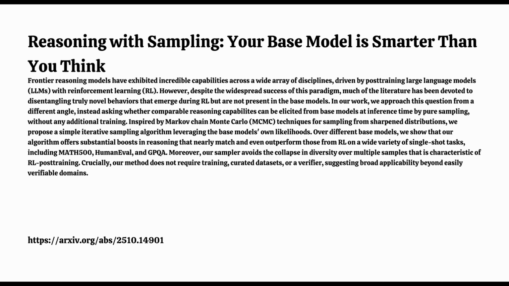Okay, so let's get into the mechanics. The sources say it's inspired by MCMC, Markov chain Monte Carlo methods. How does that work? How does MCMC help sample better? Right, so the goal isn't to sample directly from the model's original probability distribution, let's call it P. Instead, they want to sample from a mathematically amplified version. They call this the power distribution, P to the power of alpha, or P^α. Now, technically, P^α isn't a normalized probability distribution, which is why MCMC comes in. You need a method like MCMC, specifically an autoregressive type with resampling, to effectively draw samples from it.